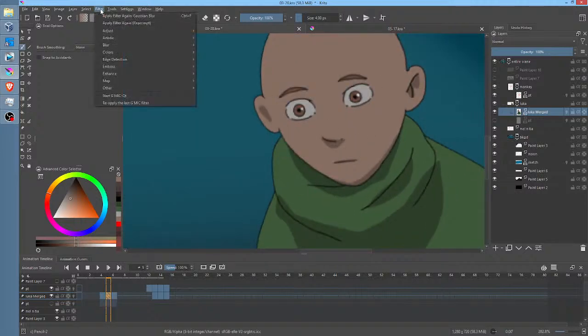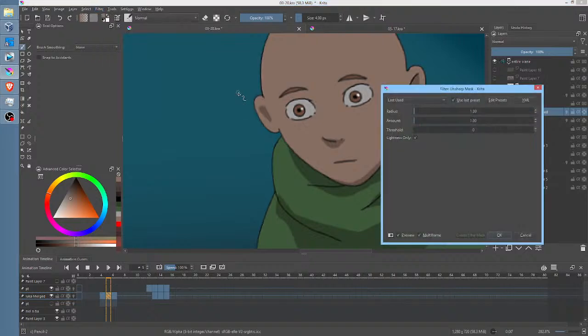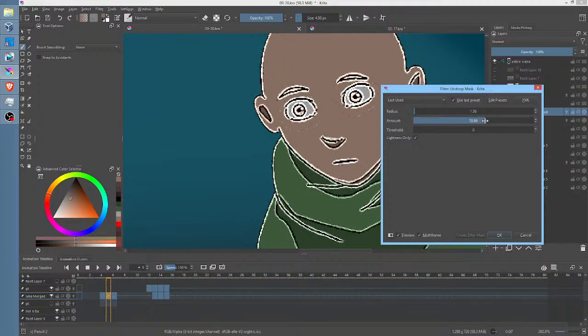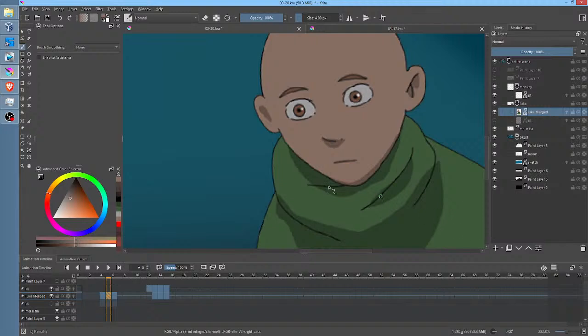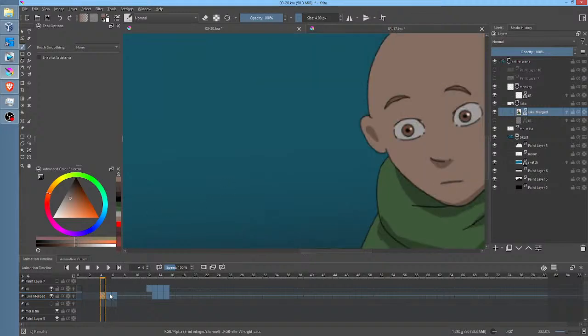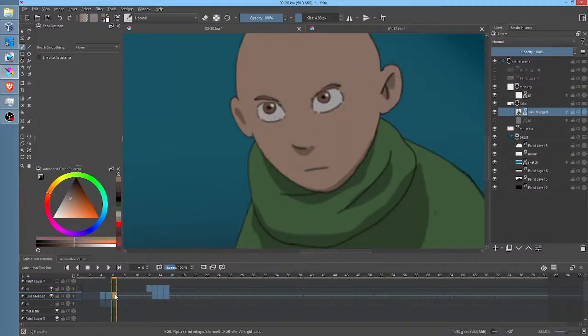Now, I'm going to show you guys how you can restore the sharpness. Okay, it's in Enhance, Unsharp Mask. You don't want very much. In fact, in this case, based on what I'm seeing right here, I think 0.5. I mean, this is a really tiny change. Now, you could get away with a lot because it is a one-frame tween. But look at this. See how much softer that is?